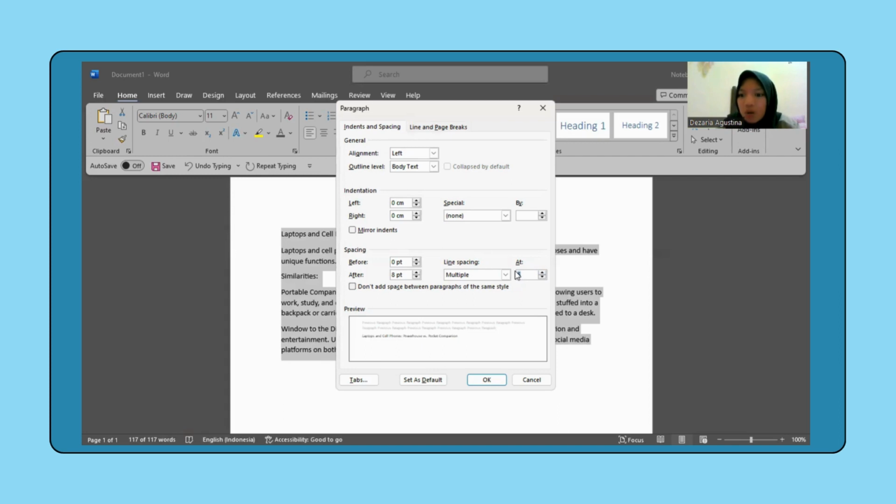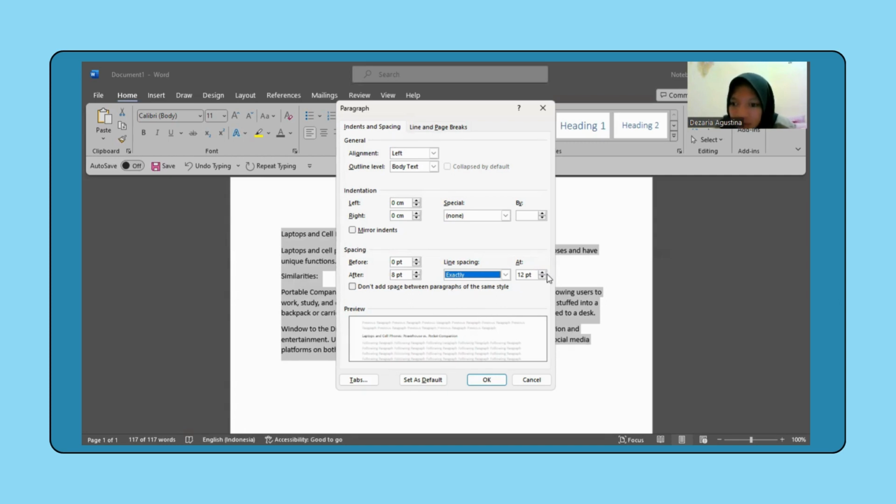If you're more accustomed to measuring in points, like with font size, you can select Exactly, like this. Usually, you want the spacing to be a little bit larger than the font size.